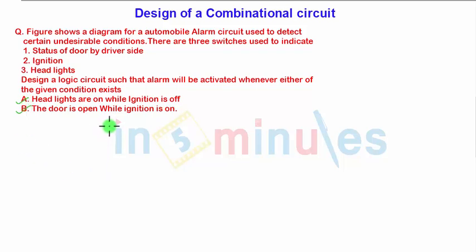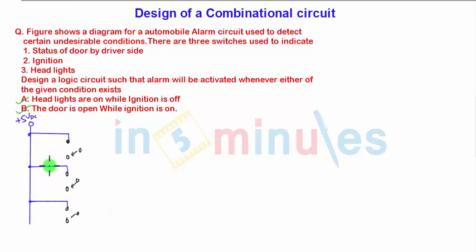Let us assume that there are three switches. For these three switches the plus 5 volt supply is given. This is the plus 5 volt DC supply from the battery, and from it the supply is given to the switches, and the rest of the points are grounded. This is the ground line, and these grounds are connected to the switches as well. From these points you can turn off the switch, and from the blue lines you can turn on the switch.